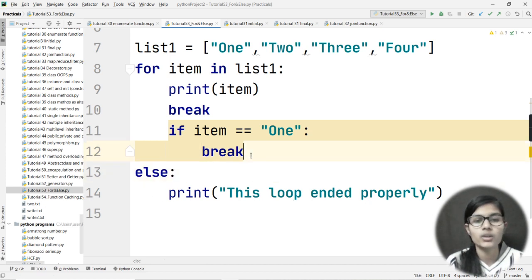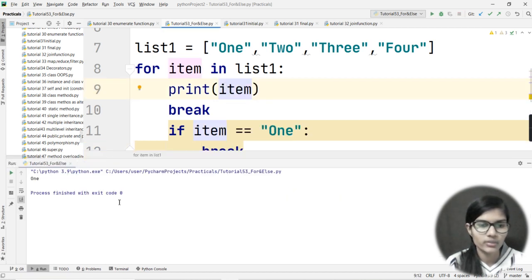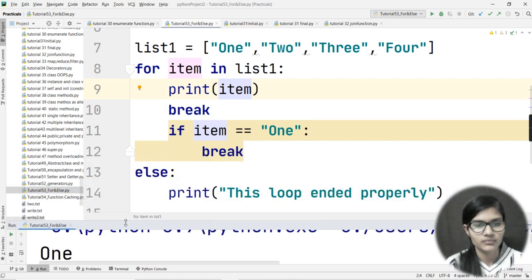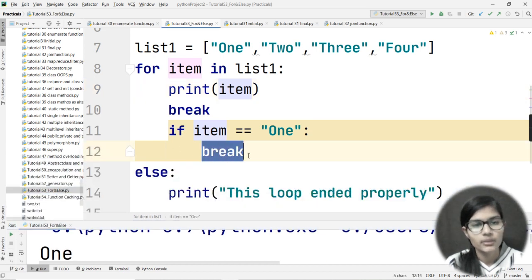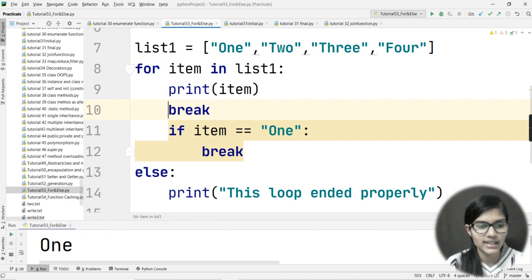Now what is the basic use of this break statement? I'm not going to discuss this topic here because I have already discussed this in my previous videos. So you can go and have a look at those videos for the proper explanation of the break statement. Here it gave me the output as 1. Why did it give me the output as 1? Because I used this break statement, right? If I use this break statement, it is not going to execute that else part. It just gave me the output here as 1.